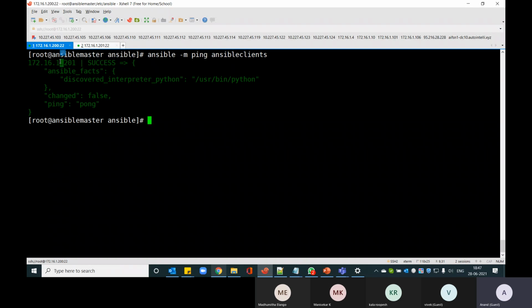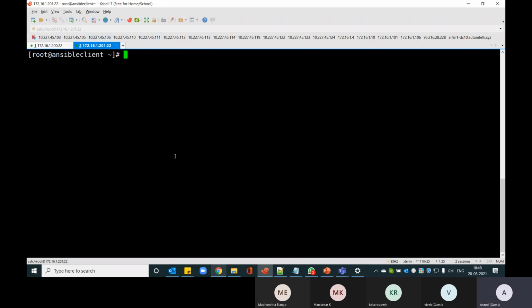I'm able to get the result from the targeted system. Which means all the configuration in the inventory for my client system is correct, and I'm able to reach the client system, so I will be able to run playbooks or tasks on it in the future.